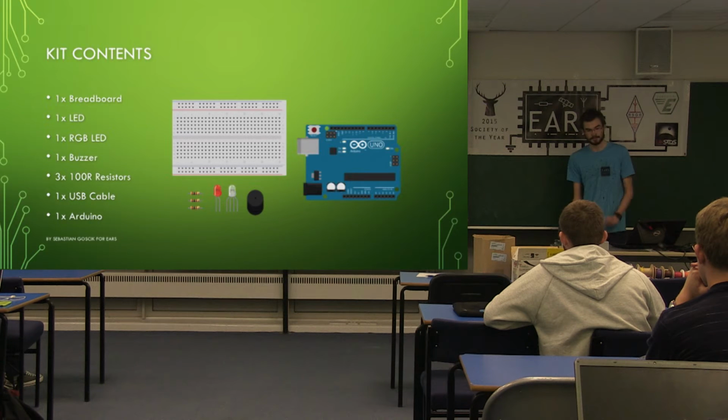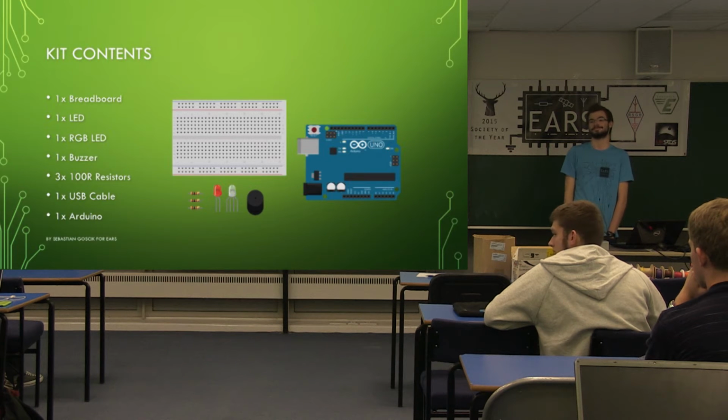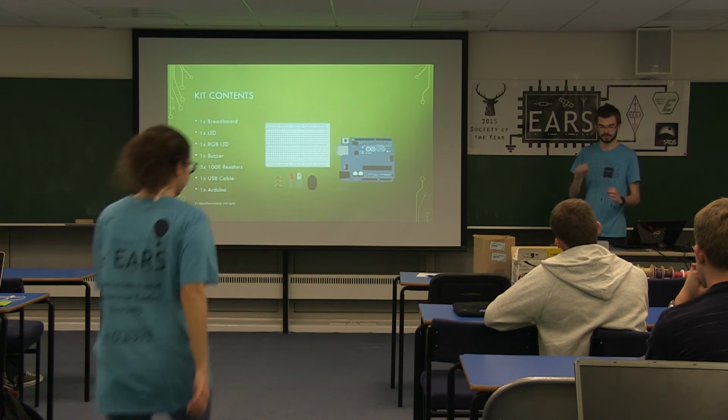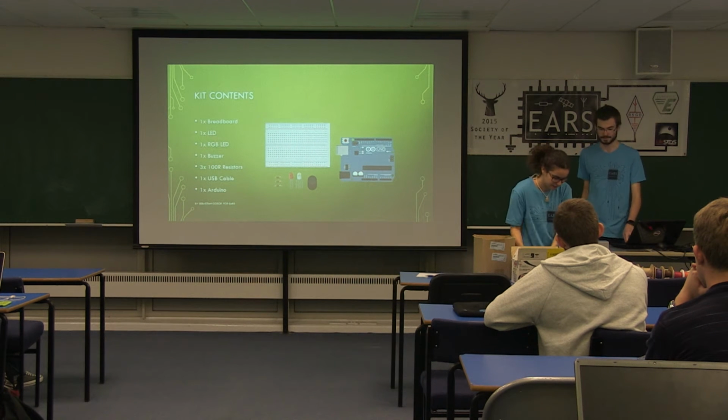There's a bunch of kits at the front, which we'll distribute around in a bit, but they've got a bunch of basic components in them. We've just got a breadboard, LED, an RGB LED, buzzer, some resistors, a USB cable, and the important bit, the Arduino. They're all at the front. We'll pass them around in a minute. Can someone pass them around now? Yeah. So I'm just going to pass these kits around to you. Feel free to open them up. There are some small resistors and things in there, so try not to drop them on the floor. We do have hidden spares, but...